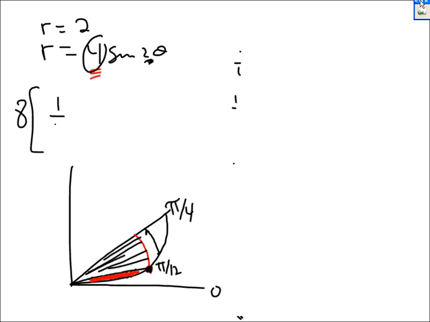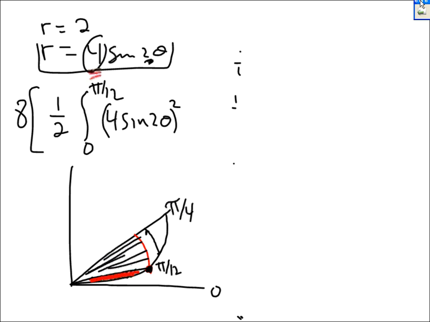It's 1/2 the integral from 0 to pi over 12, and it's the leaf, the 4 sine 2 theta graph, 4 sine 2 theta squared d theta, plus this area in here. Well, that's 1/2 the integral from pi over 12 to pi over 4 of the